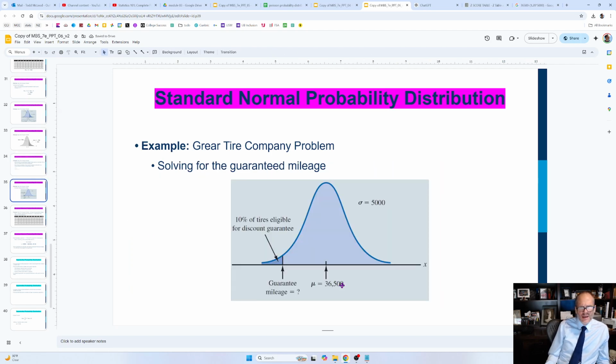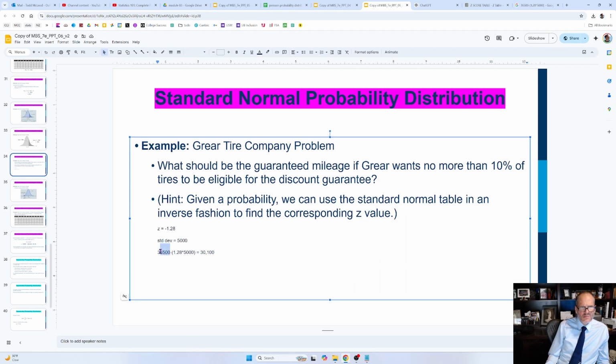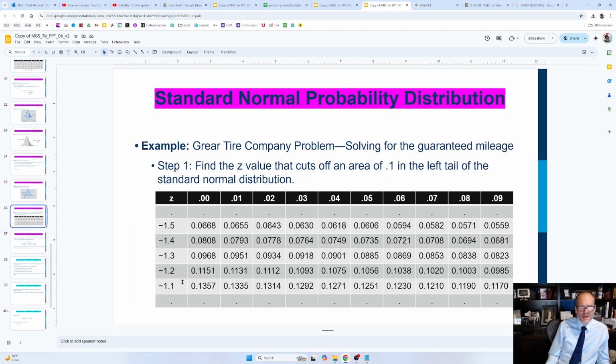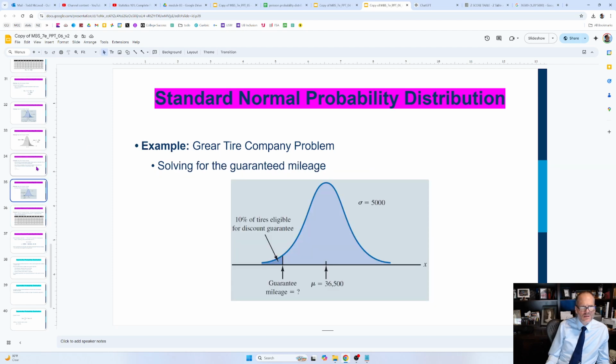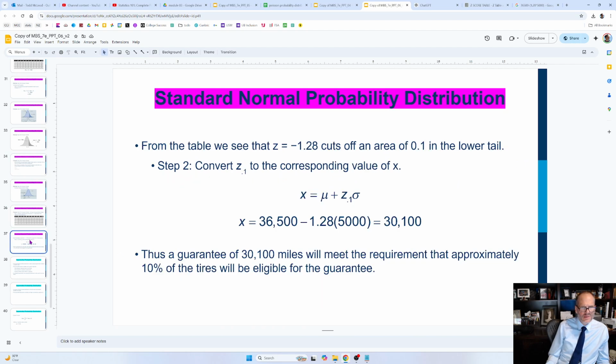So here we have the mean, 36,500, and standard deviation is 5,000. So there's the mean, there's standard deviation. And then here, what's the guarantee? We want to offer it 30. So then they look up what we used, 1.28. Let's see what they used. They did 1.282, so 36,500 minus that is equal to 30,100. And that's exactly what we got, 30,100. So that's a guarantee of 30,100 miles will meet the requirement that approximately 10% of the tires will be eligible